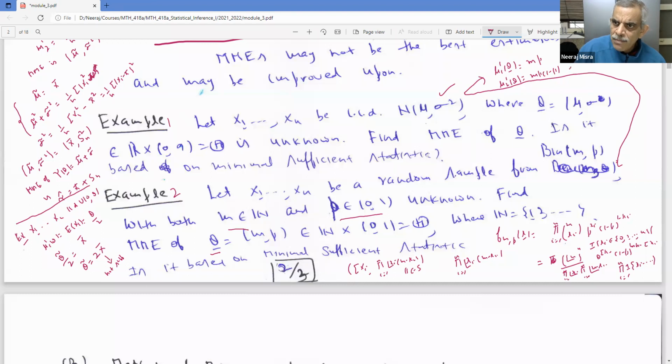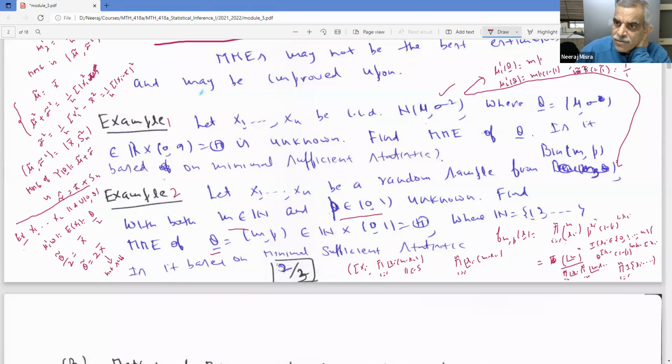So what does our method of moments say? M tilde P tilde is the same as X bar, and M tilde P tilde times 1 minus P tilde would be nothing but